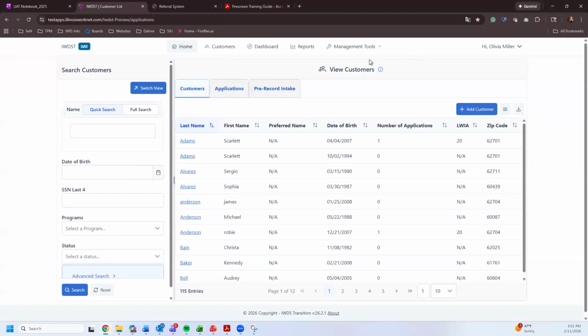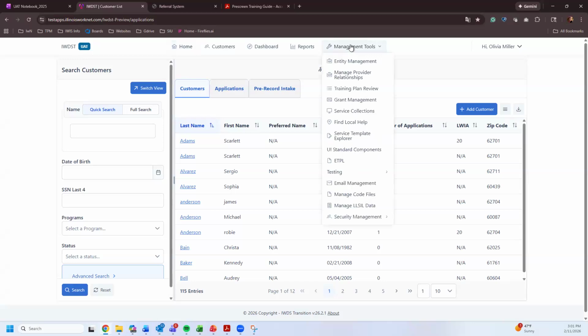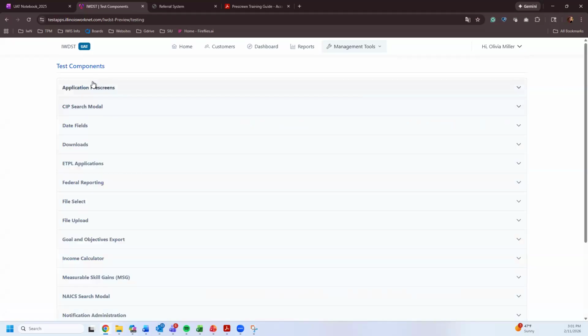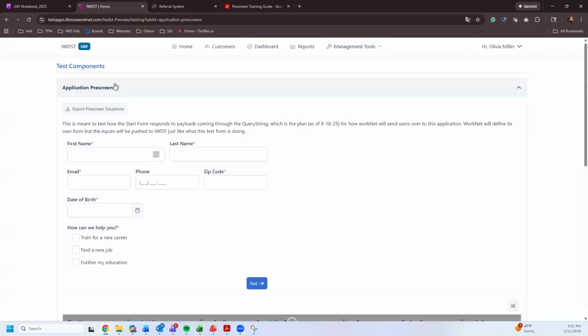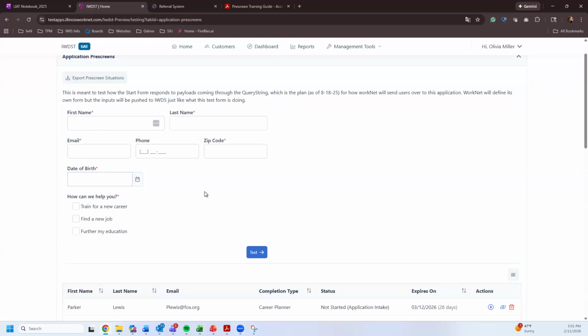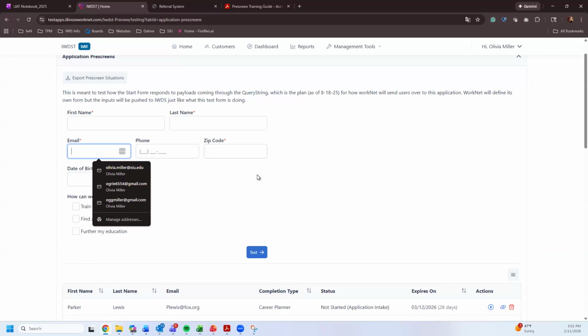So there's two paths to getting in here. I'm going to show you the self-service one first. We can come in management tools, testing pages. This is all in the quick start guide, so don't feel like you have to memorize all this. You can definitely just open up that guide and it will walk you through all this with visuals. Then you're going to go to the application pre-screening section, and then you can fill this out and click test. If you put in an email like